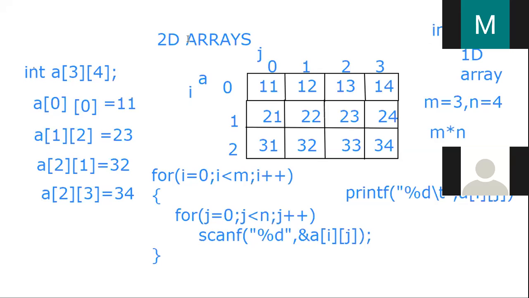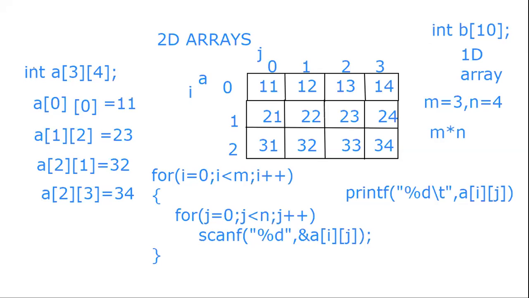Here, first we will declare a two-dimensional array. Let us take integer. We can take float or anything as well. So integer, name of the array, and number of rows and columns. That is the maximum we can declare. Next, we need to know the number of rows and columns, so we need to take input for that. The number of rows is m and the number of columns is n. So take input for m and n. Next, read the pattern. That is nothing but the 2D array. The matrix we will read, taking input using scanf.